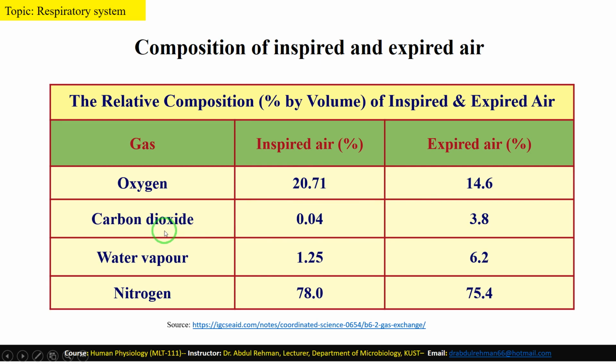The concentrations of both carbon dioxide and water vapor are low in the inspired air, but in the expired air their concentrations are high, because both of these are end products of the oxidation of complex compounds present in the body. While the concentration of nitrogen is high in the inspired air, that is 78%, in the expired air it is reduced to 75.4%. The 2.6% nitrogen is utilized by the body for synthesis of different essential elements like amino acids, vitamins, and other